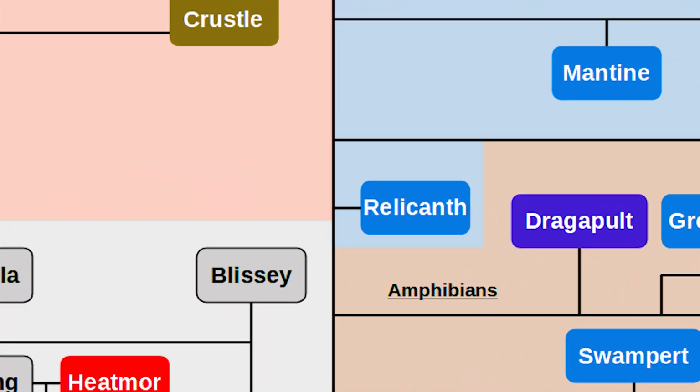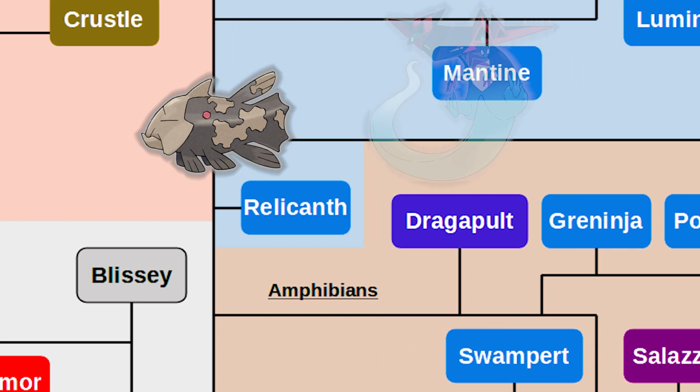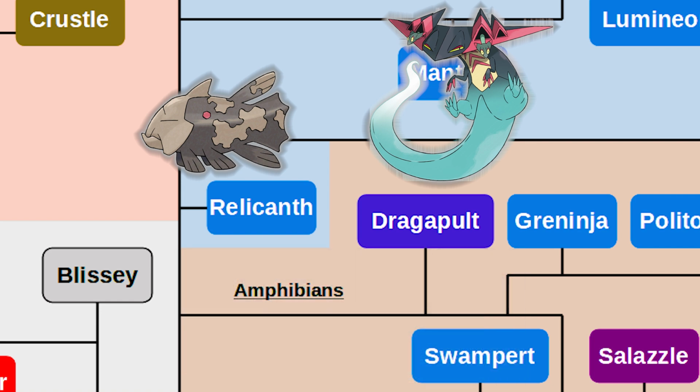We last left off with Relicanth at the end of the fish Pokemon. I think that I can see a lot of similarities between Relicanth and the next Pokemon on the chart, Dragapult. Dragapult has a very similar aquatic body type, and I think that their head shapes are quite similar. I can imagine that the first Relicanths that came to land became Dragapults. However, the move might not have worked out for Dragapult, hence why it's a ghost type and has gone extinct